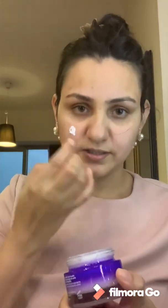First, I have just washed my face. Put this moisturizer, and I have dry skin, so just be careful with the products you're going to use on your face. Maybe I have dry skin, you will have some other skin, oily or combination. I have very dry skin, so I generally use this Lancome cream, and this is very hydrating. So I simply use this cream on my face every day, and